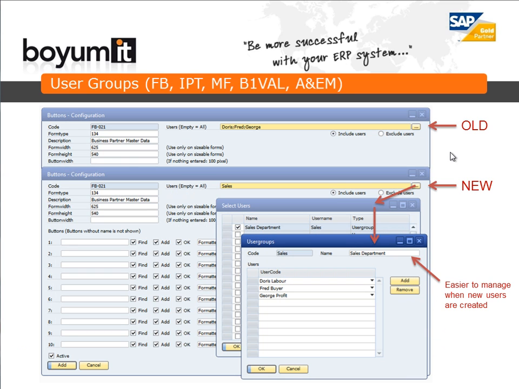So let's move to the first specific new feature of 4.0, and that is the new user group system. The user group system works in the way that in the past we had the user fields on most configurations where you could set up that this set of users should be either included or excluded in the system. That system is still there, but in